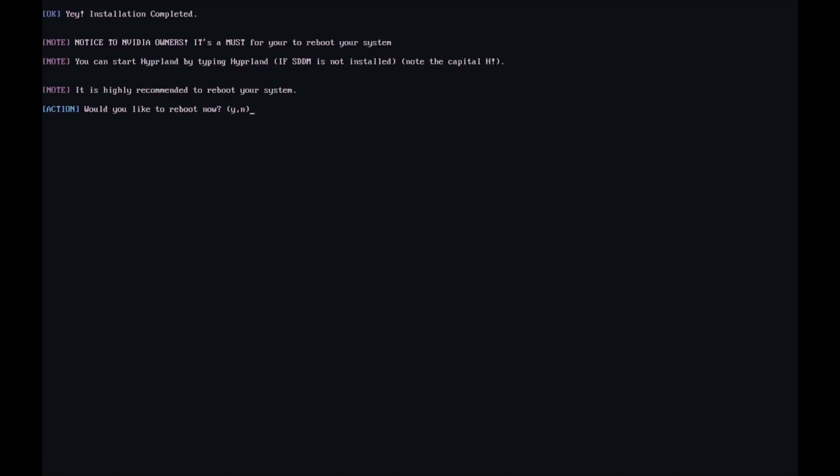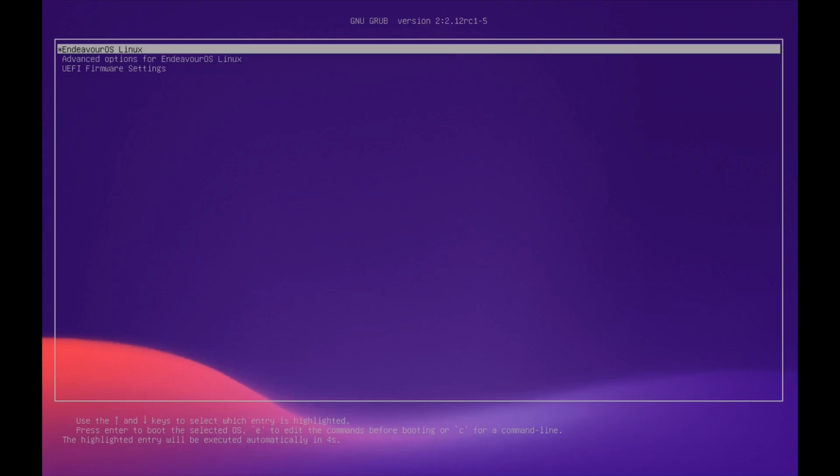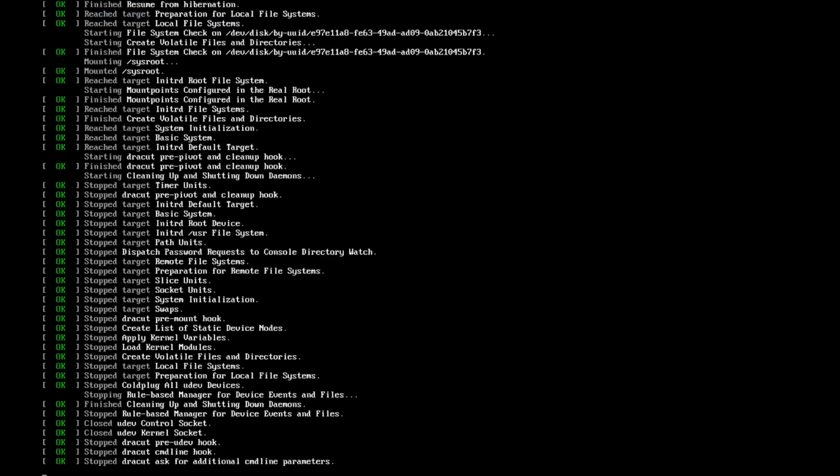And then we come back now to the reboot. You need to reboot here, because if you don't reboot and you just type Hyprland, it wouldn't work well, based on my observation. So I would choose yes, it's going to reboot the system, and then it should boot you to SDDM. Of course, past the bootloader,